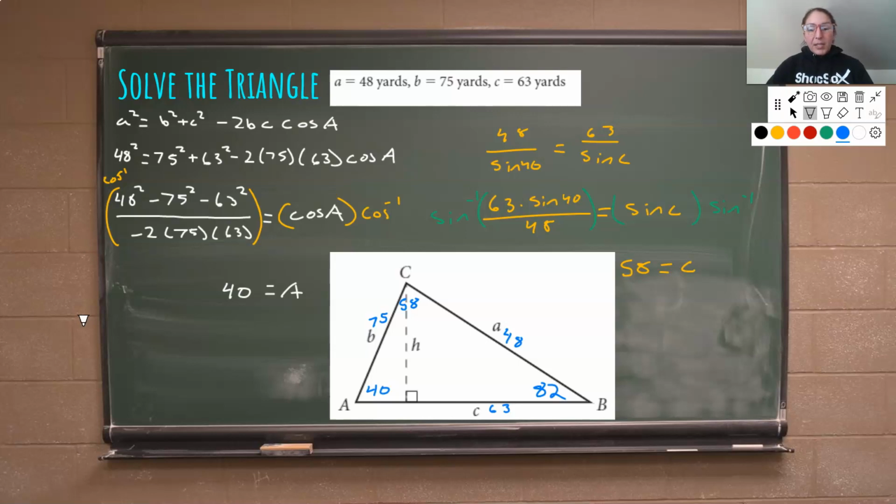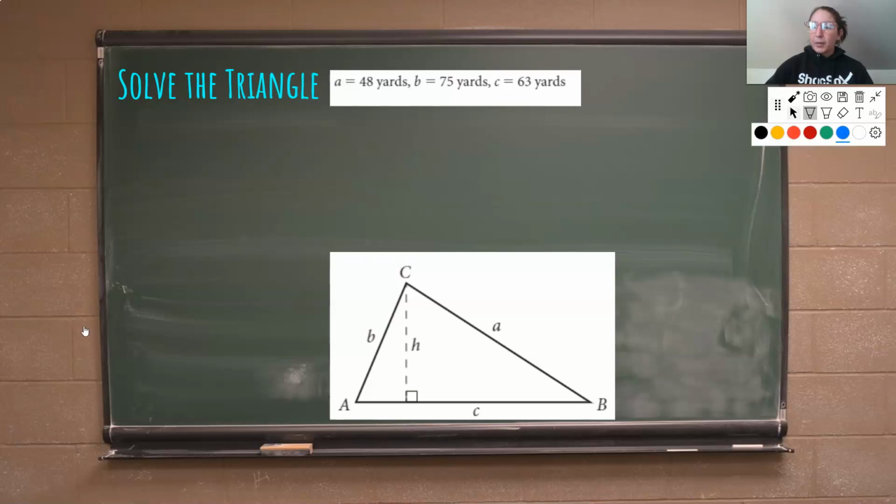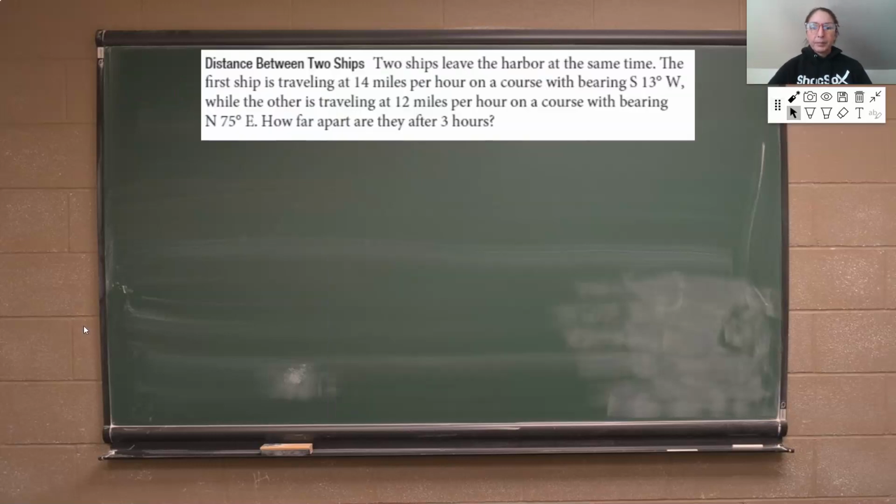We solved for one of the missing angles. And then we used law of sines to solve for one of the other missing angles. And then we said, okay, well, 180 minus 40 minus 58 equals 82. So this other missing angle must be 82. And then we got all angles of the triangle as well as all sides. So this is great if you're given numbers explicitly, but let's go see what this looks like in the form of a word problem. And let's do a bearing problem, because if we didn't have bearing, it wouldn't be quite